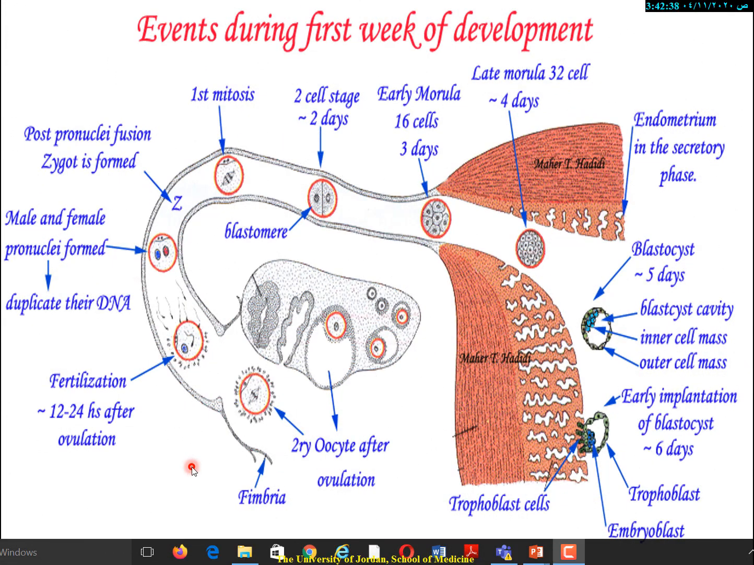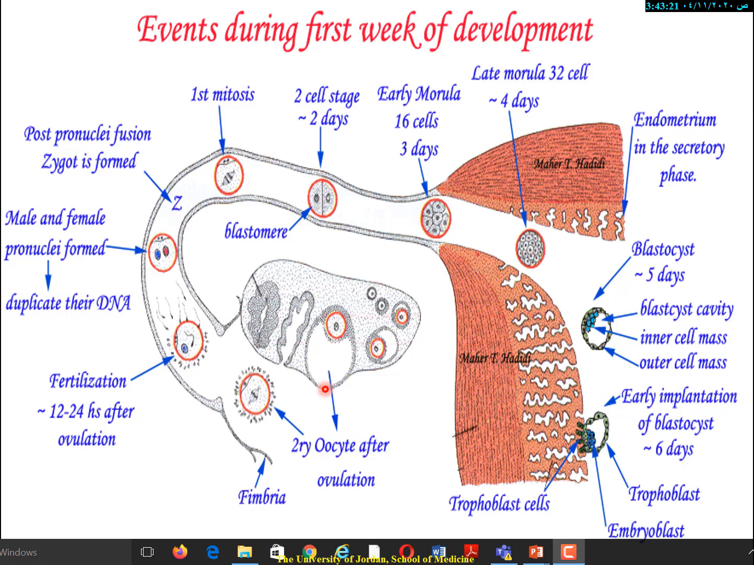We will come back and let's talk about the events of the second week of development. As you can see here, a revision for the events of the first week of development. Last week we talked about the implantation, and that was a summary for the first week of development. Now let me make sure that you understand the first event in a regular 28 days menstrual cycle,